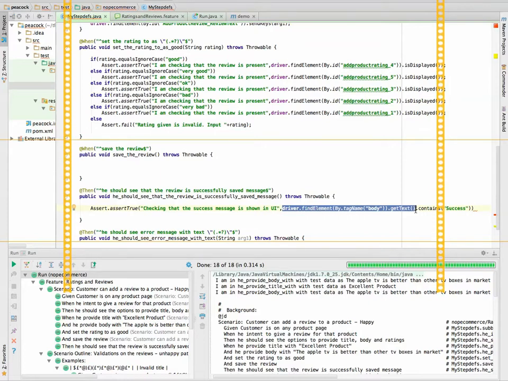Okay, this is something which we can't explain right now, but this is a shortcut to get what you can see. There is one more method called driver.get page source, but that will give the HTML code. Don't do that. This is good. This will give the actual UI what you can see.